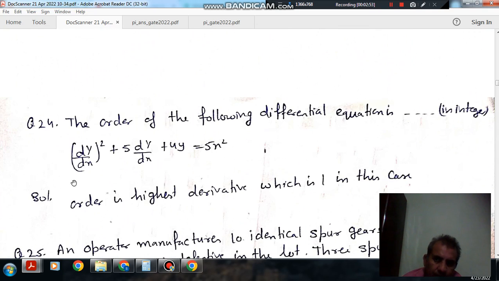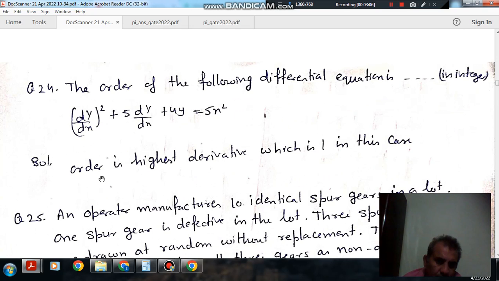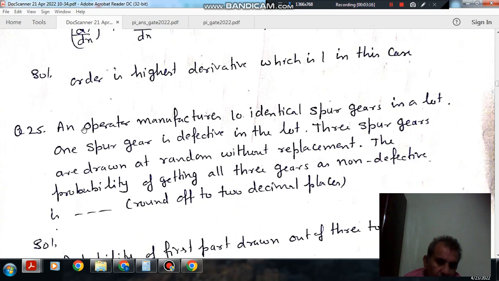Okay. Next, the order of the following differential equation is dash, an integer: (dy by dx) squared plus 5 dy by dx plus 4y is equal to 5x. So the order is the highest derivative, which is 1 in this case. Okay, so highest derivative dy by dx, 1, the answer is 1. Next,